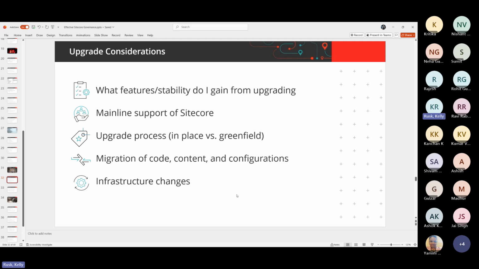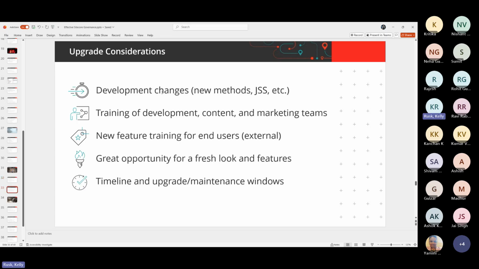So we're talking about very basic aspects here when we talk about how we're going to manage things such as upgrades, inclusive of what do we do about development changes? Well, you might need to say, we don't code as much in C#. We're moving to JSS and a lot of JS. Maybe our front end is now going to be all React. That's a major change for your organization. So your policy might be your development standards and training and resources. You can put that into governance, both for your end users, for your own users. Write down your policies for training.